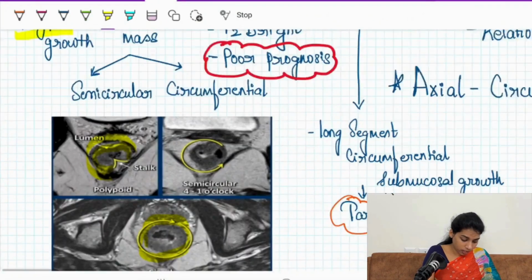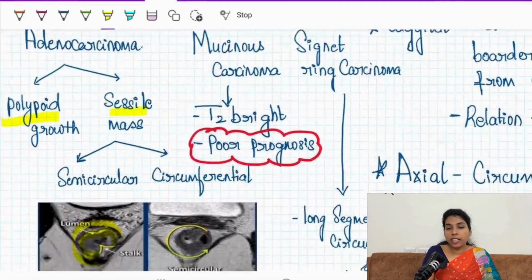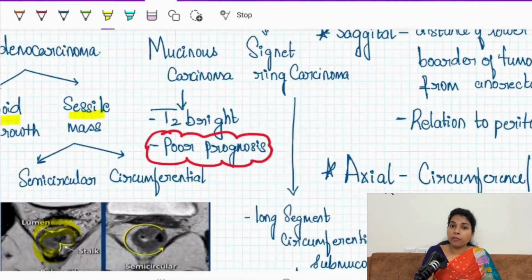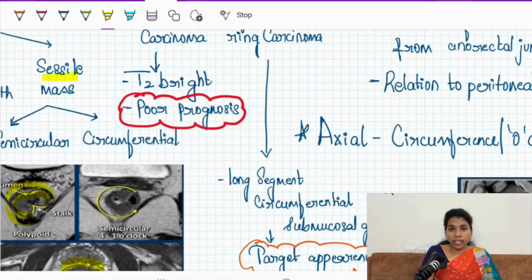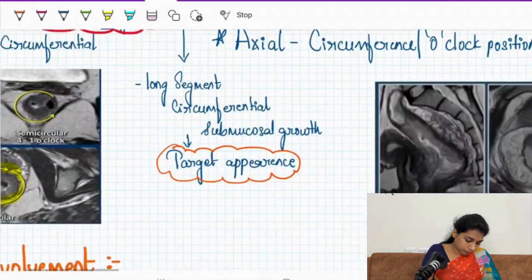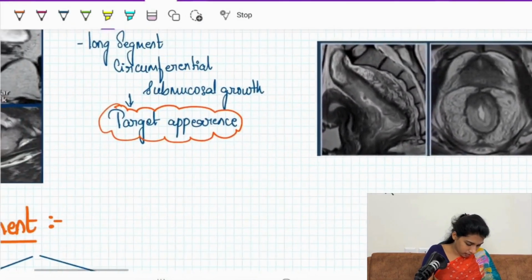Coming to the mucinous carcinoma, in rest of the body it has a very good prognosis except in carcinoma rectum where it has a poor prognosis and it is intensely T2 bright and it would not show much contrast enhancement. And one more thing to note about a mucinous carcinoma, I guess I've told it before in my videos also, that it does not show significant uptake on PET and hence should not be confused. I'll just show you an example, guys, for this.